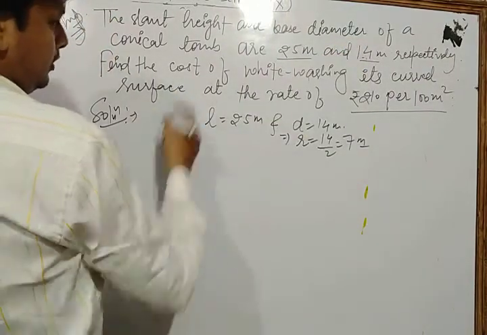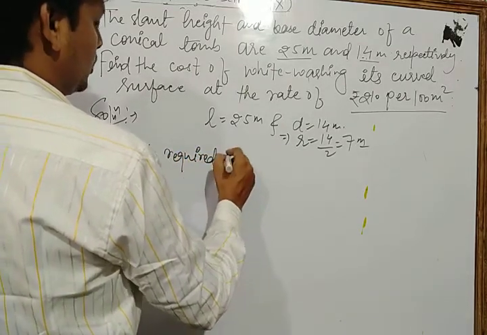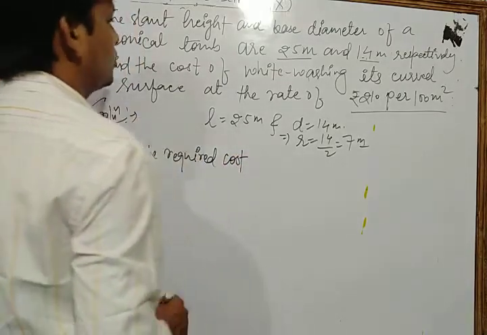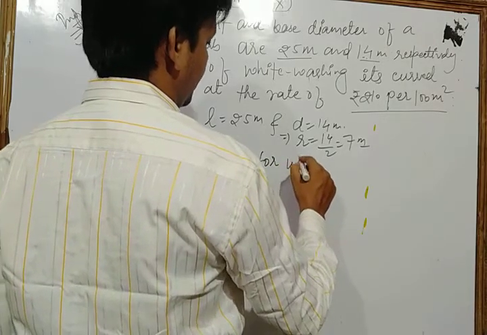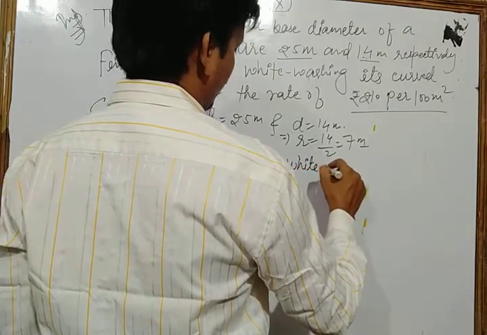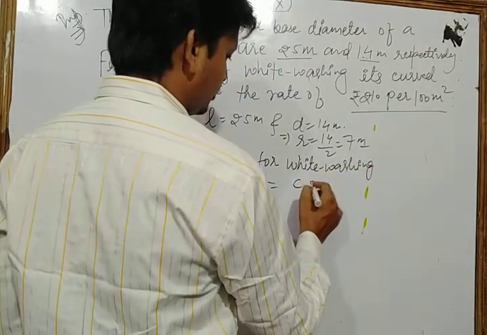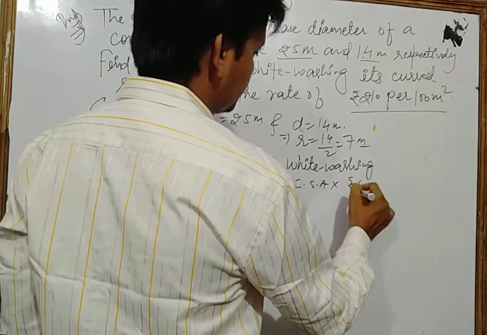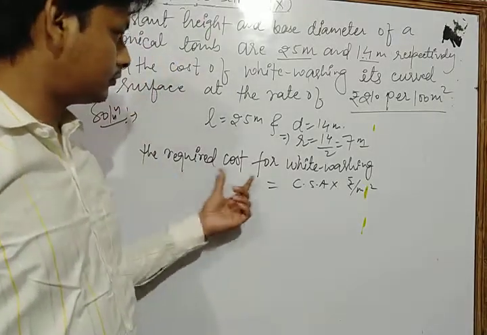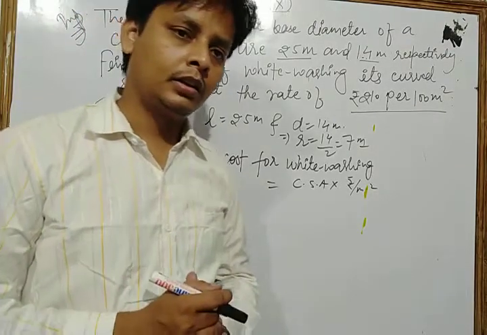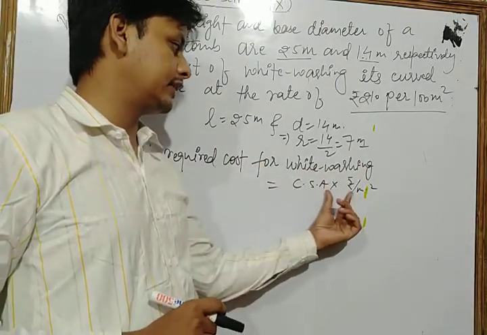The required cost of whitewashing is equal to what? Curved surface area into rupees per meter square. This is the basic formula to find the cost of anything. Okay, the required cost of whitewashing is equal to curved surface area into rupees per meter